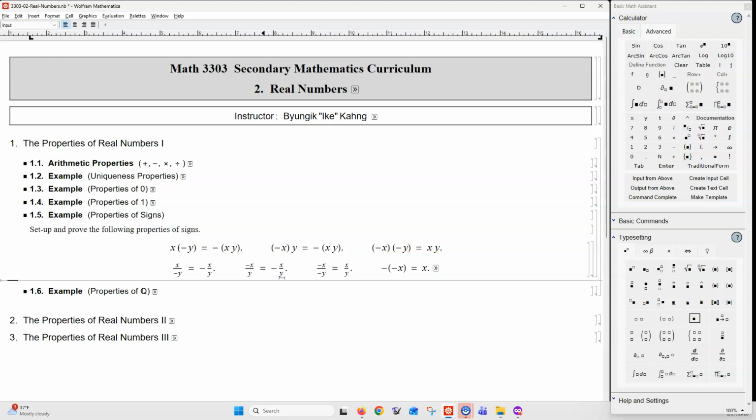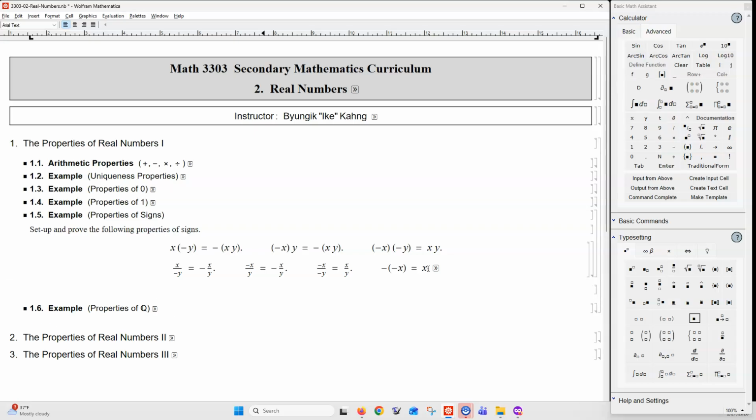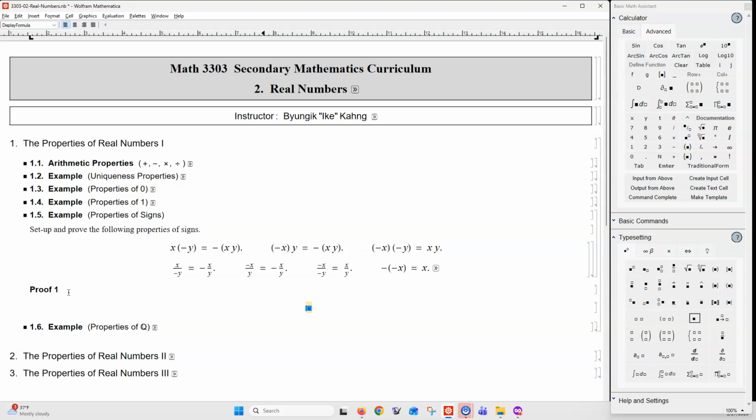So how do you prove that? Well, there can be many different ways, but let's start with this one. Negative of negative x is x. Let's prove that. First one. So we must prove